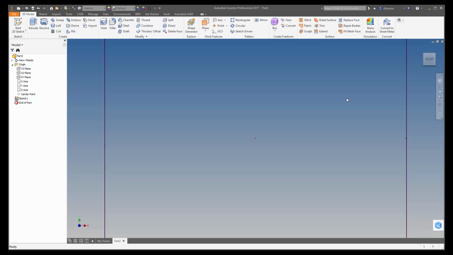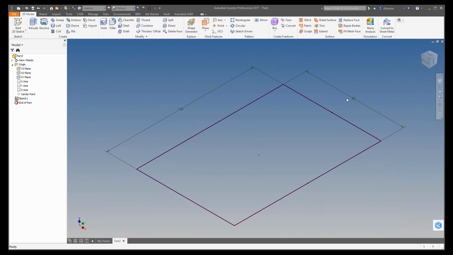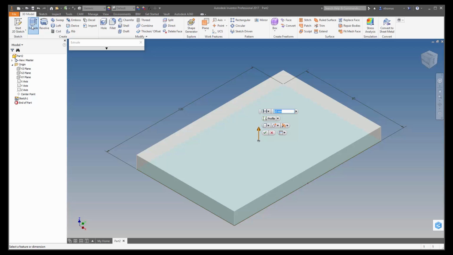It should have come out to the isometric view, but it didn't, so I just pressed F6 on my keyboard. Next stage is I want to extrude this 10mm tall, so I'm going to click the extrude button. Inventor is now looking for one closed profile. What that means is an area that's fully enclosed, in this case by the rectangle. It can only see one. There is only one, so it's picked that automatically, and it's automatically put in a size of 10, which is